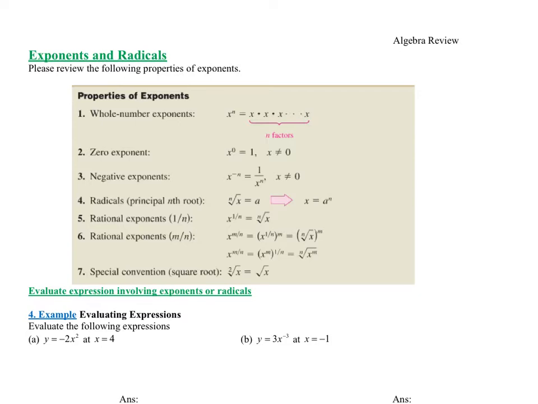But what we're going to start off with is the exponential properties, a few of the radical properties, and then we're going to look at how you can combine them. And here's the reason why. If I told you what's the square root of x times the cube root of x, how would you do that? Well, in radical form, you can't really handle that problem. But if you change it over to exponential form and use the exponential properties that we have, that now becomes